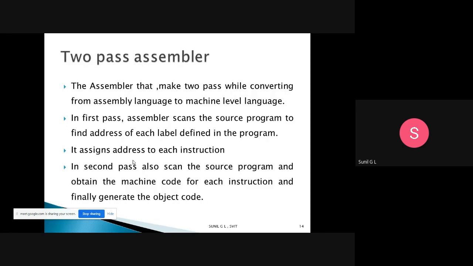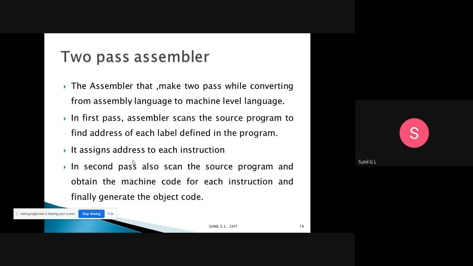We will discuss them in the next class. You should know what pass one and pass two do: in pass one, address; in pass two, the machine code, that is the conversion of all instructions in the source program to machine code. That is what we call a two pass assembler.